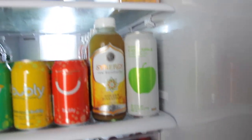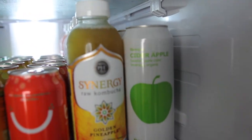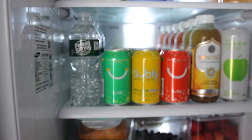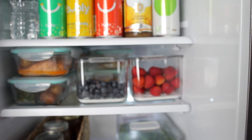If you're ever in IKEA, I urge you to pick one up to try. These are so good. So anytime we go to IKEA, I pick up a case. It comes in about 24 for like $35, and the cans are huge, so it's probably like 2 or 3 servings. And then the shelf beneath that, you saw me do my meal prep video, so I have some meal prep in there,